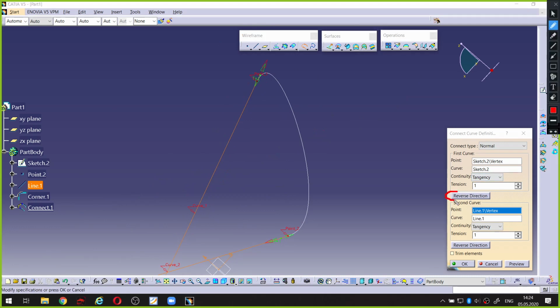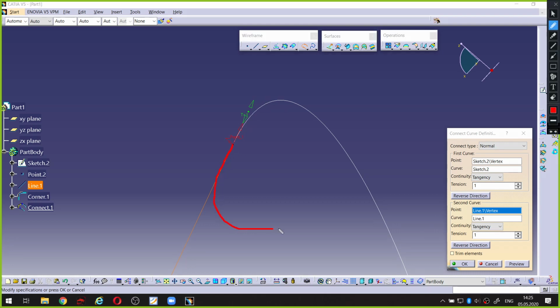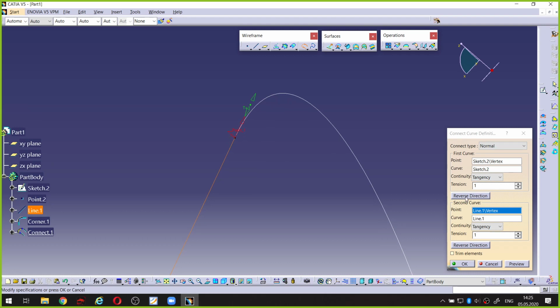Okay, I can here click on reverse direction. Let's say this created curve can be tangency from this side, or it can be tangency from this side like this. If I click on the reverse direction button here, it is becoming a tangency to this line, which is sketch 2 in my case, from other side. Okay, and I have here a curve something like this. And I click on OK,